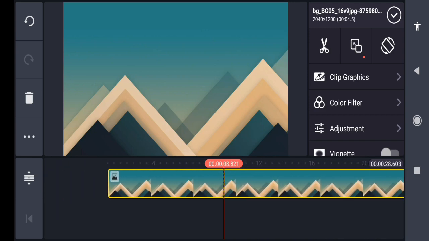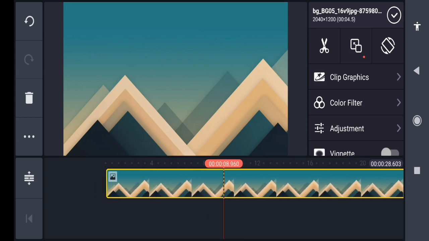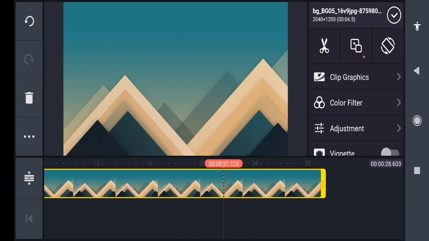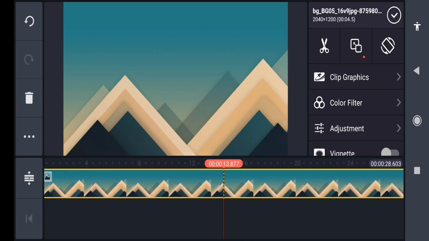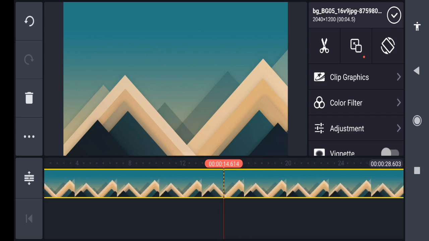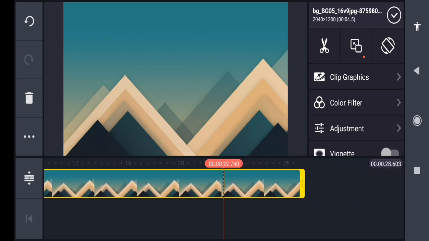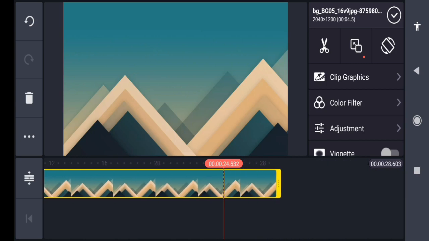Now the next thing is that a clear vertical line is appearing over here. This vertical line is the indication of where to trim or cut the given video clip or the background media, or where to insert. From this point onward, your activities or your insertion will happen, from this vertical line, dear friends. Now let's see. This is the way you can trim, cut, or do anything.